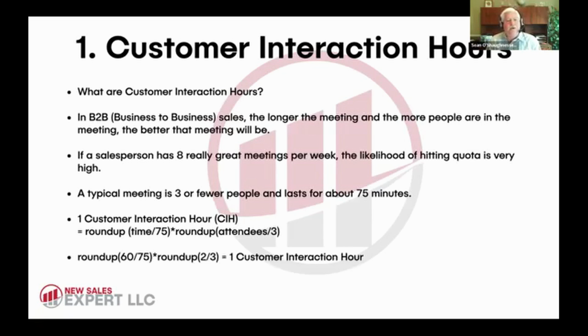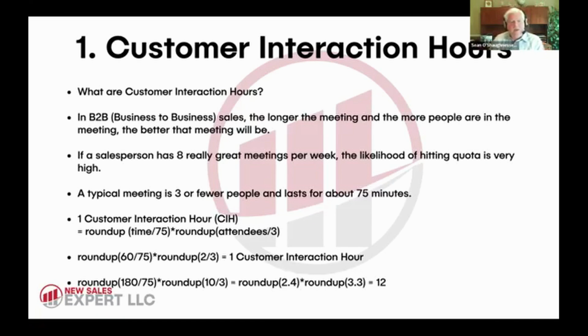So let's look at another example. Oh, I'm sorry, this is the same basic example. 60 divided by 75, so this is really putting the numbers in, times round up 2. In this case, I had 2 people in the meeting. So 2 people in a meeting for about an hour, you get 1 hour. That's all you get. But say you have this really great meeting, 180 minutes, so 3 hours